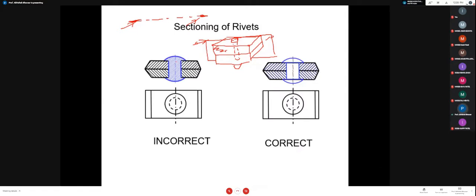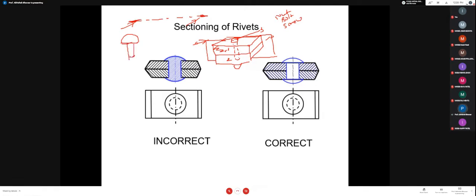Here, how many components do we have? Plate 1, plate 2 and the rivet. Instead of a rivet, if you use a nut and bolt, or a screw, that may be there. To connect these two, I can use a rivet, nut and bolt, or screw, or I can do welding. I can do similar things over here. Here I have used a rivet. So I have cut the section. Your rivets will be like this.